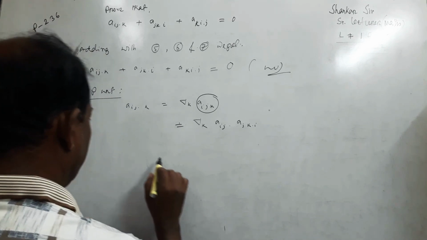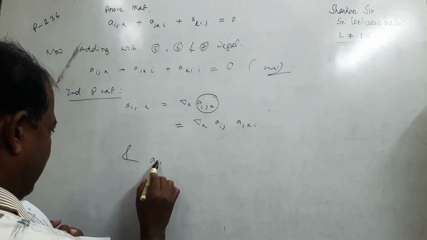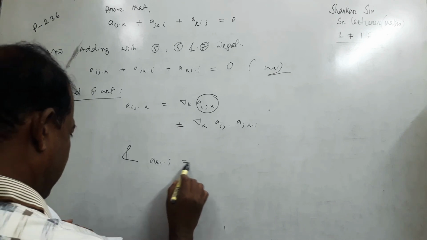These are rules. And a k i and k i j equal to